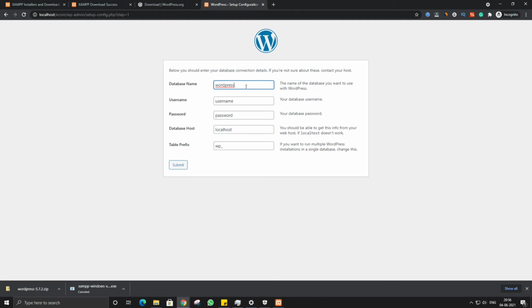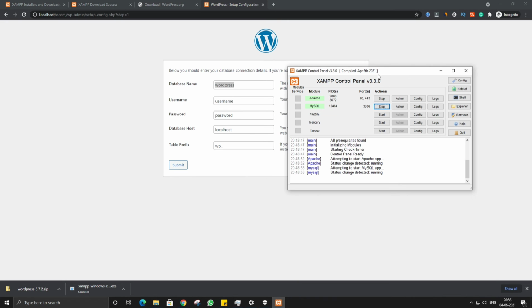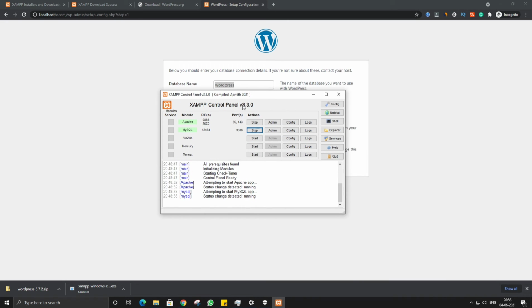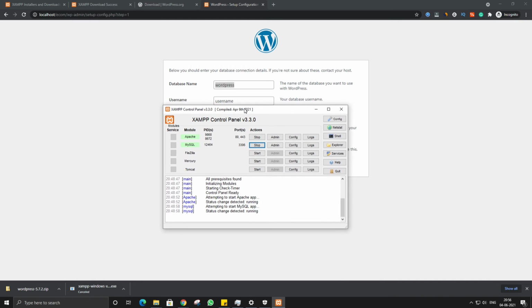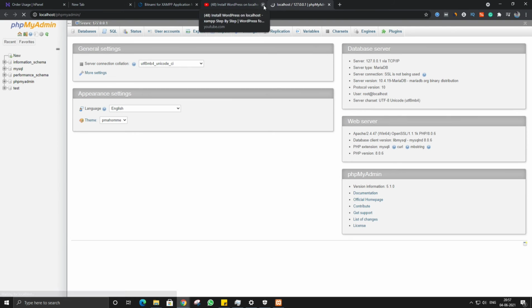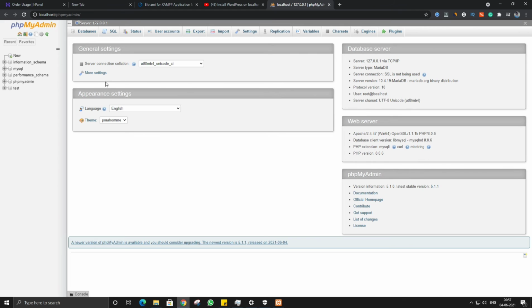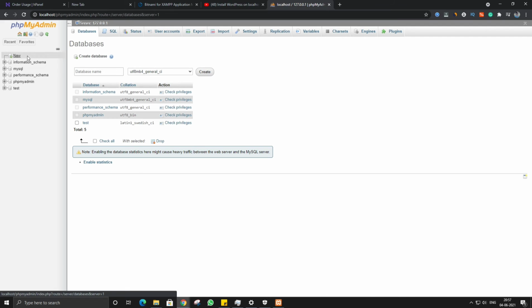For creating a database, we'll go to the localhost / phpMyAdmin, or simply we can click admin over here in MySQL. You can see the option along with the MySQL, and that is admin. This will take us to the phpMyAdmin, and here we have to create a database, and we can name anything we want.